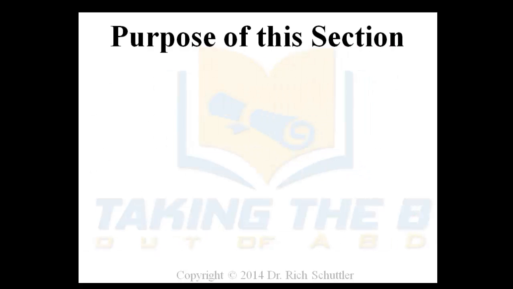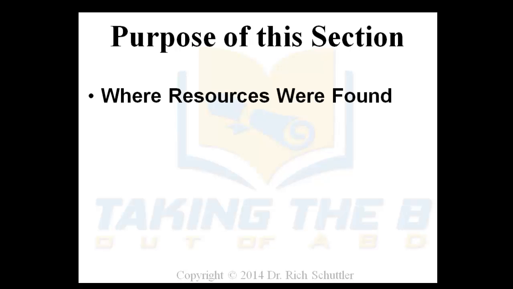The purpose of this section of identifying where all the literature and all the resources were found is to first let the reader know where the resources were found. It's helpful if you can think about your work in the future, 2 or 5 years after your dissertation is published. Let's say somebody wants to look at your dissertation because they're thinking about doing something similar or taking your study and extending it, and they want to be able to identify all the references that you were able to get. What you're able to do in this section is let that reader know where they were all found.